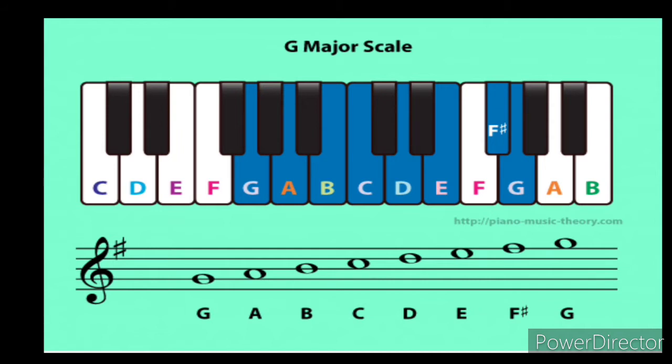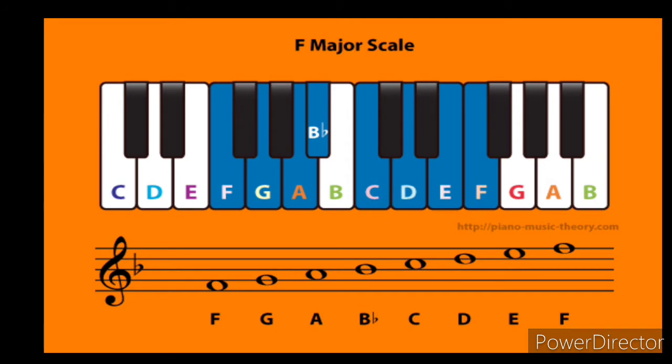Don't forget all of this. C major does not have sharp or flat. D major has 2 sharp signs, and they are positioned on F and C. And G major, which we are looking at now, has just one sharp sign and it is positioned on F. Is that okay? Then the last we are going to be looking at for this class is the scale of